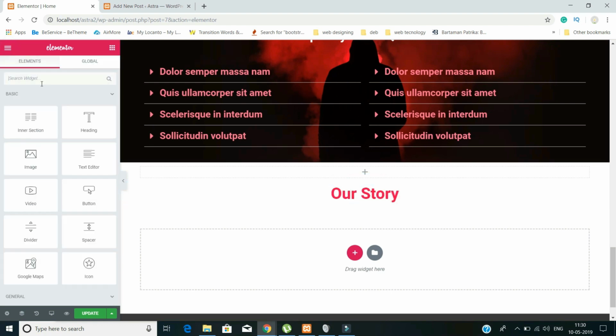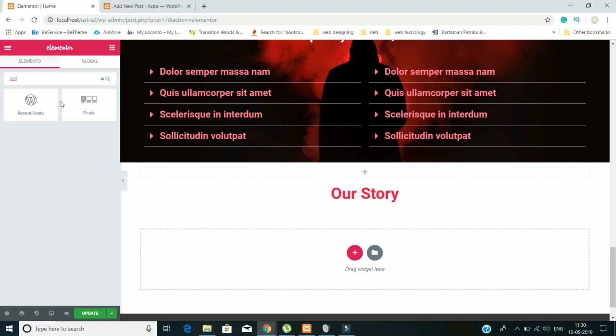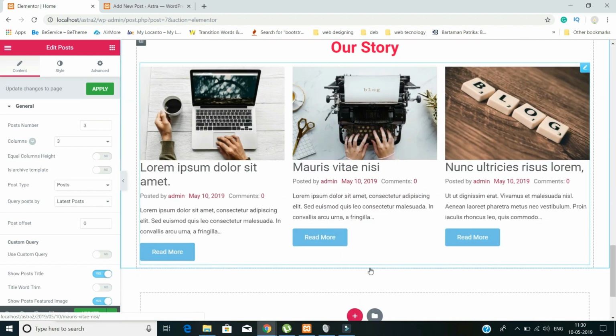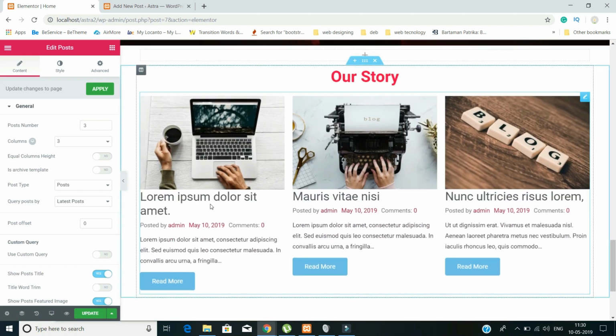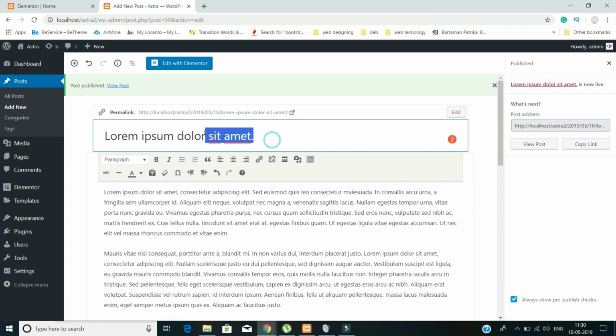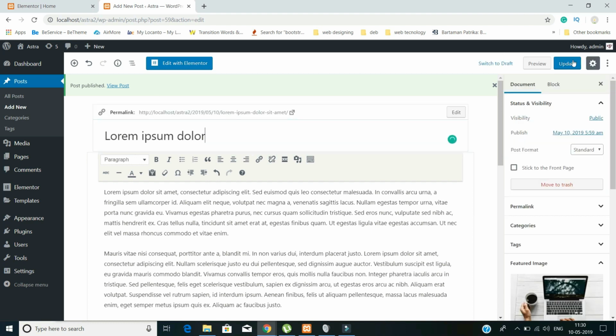Now, another content is there called blog or post. This one, no, don't take the recent post, this one. Okay, see, it's come already. This post title is a little bigger, so make it small because it's not looking good. Actually the alignment is not proper, so what you have to do, just cut it and update it